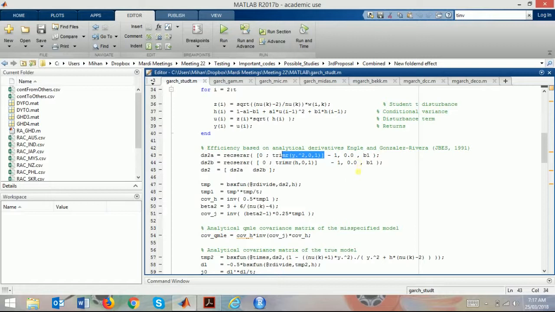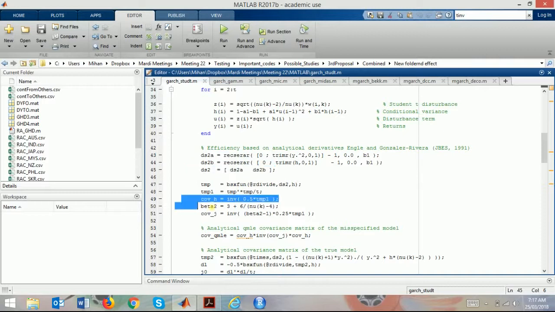Then 0, then B1, H01, H and Y, that's all. DS2A, DS2B,